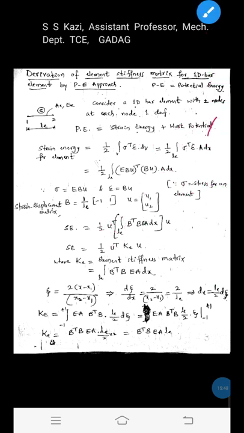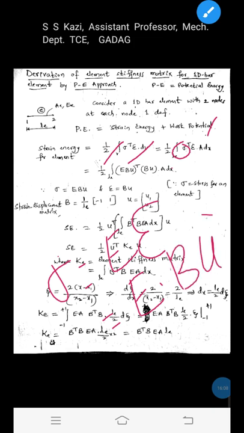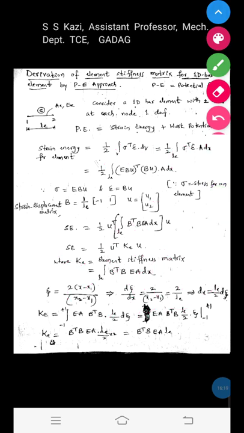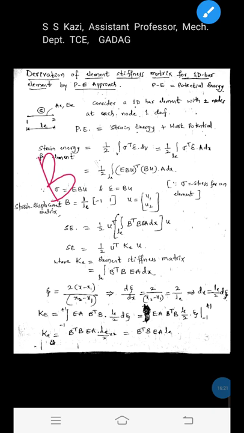Now this can be written as half the integration of, where stress I will substitute as EBU. What is EBU? That is Young's modulus into strain. Stress can be written as E into strain by using Hooke's law, and strain is nothing but BU. This is the strain matrix for an element of a 1D bar, which we will discuss on the next page, on how to derive the strain and stress matrix. Here, what is B? This is the strain displacement matrix. B is given by 1 by Le times minus 1 1.